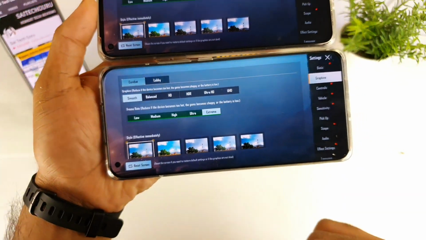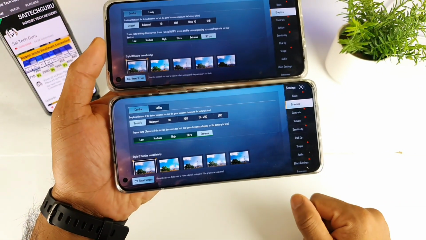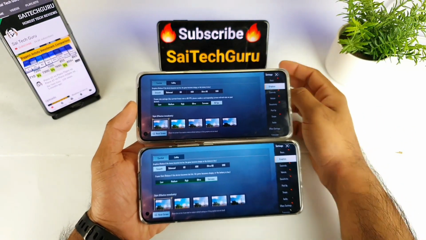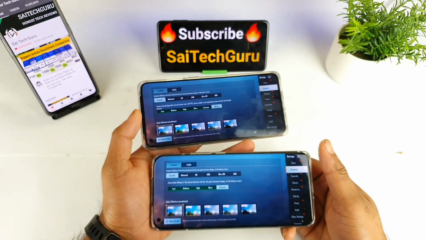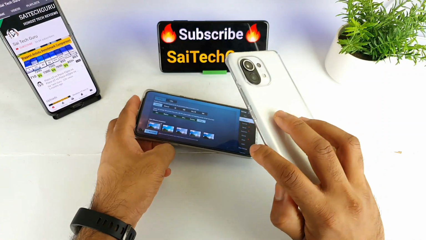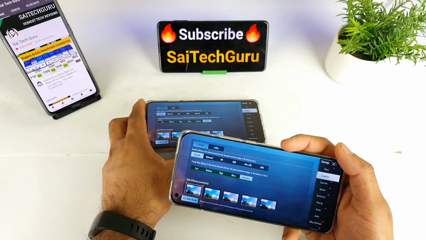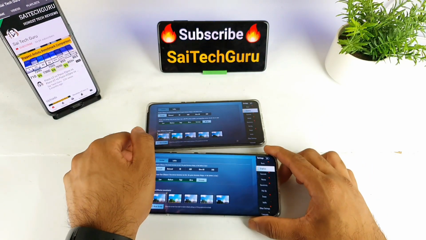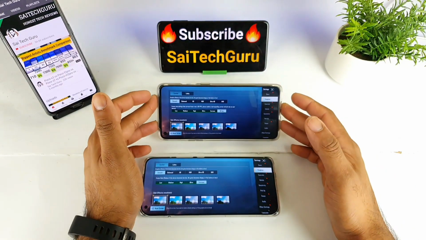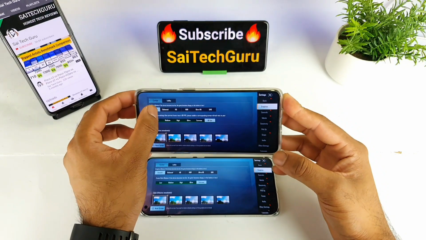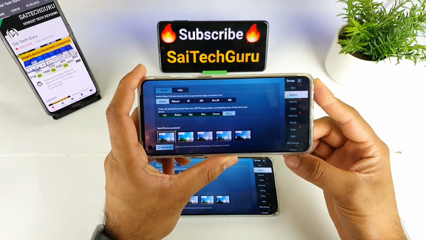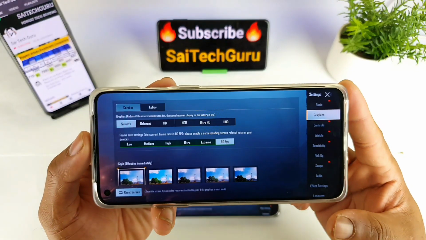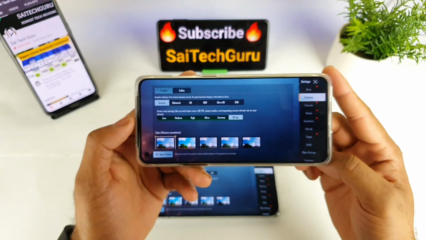Right now in the MI 11, you can see, friends, you will only be able to play at smooth and extreme. I don't think this will be permanent. There will be a quick update for the MI 11 very soon. So maybe the MI 11 might receive the update soon, and then you will be able to play the game at 90 FPS. The same thing happened to the OnePlus device. Before, I used to get only smooth and extreme, but later, after I think last month, I got the update for 90 FPS support in this OnePlus 8T, as you can clearly see here, friends.